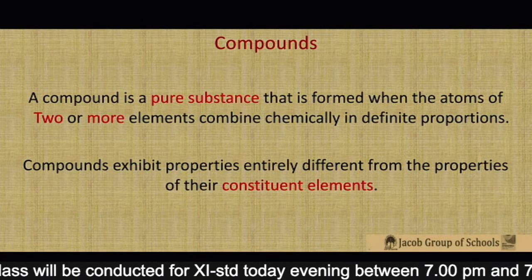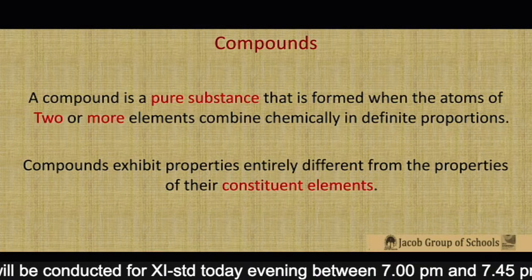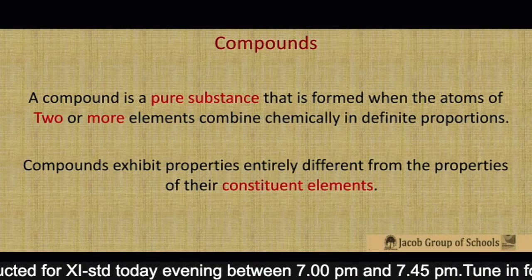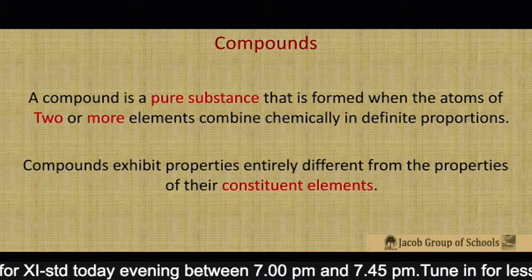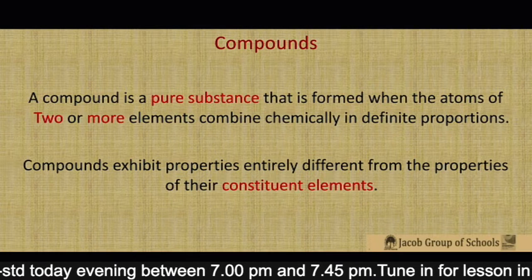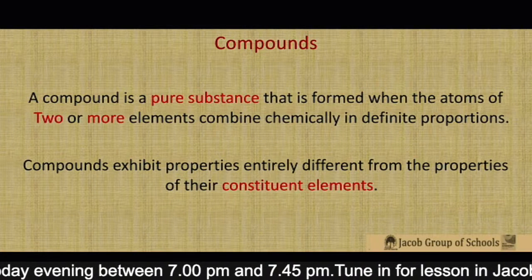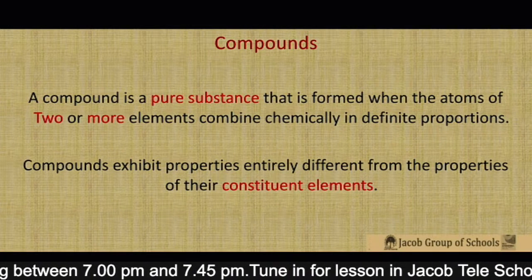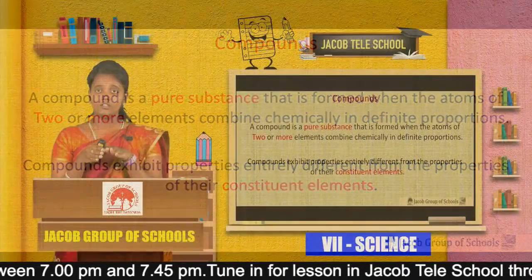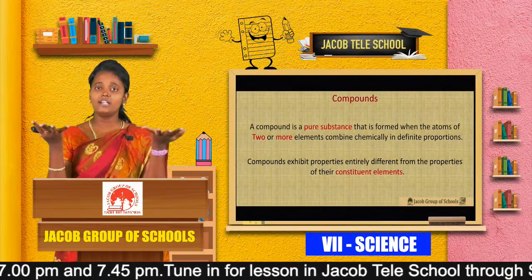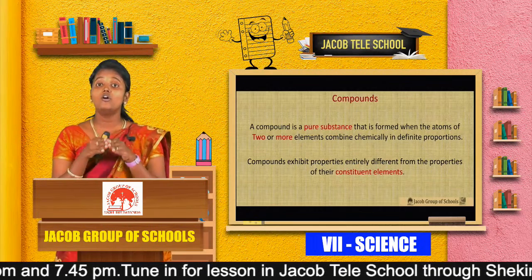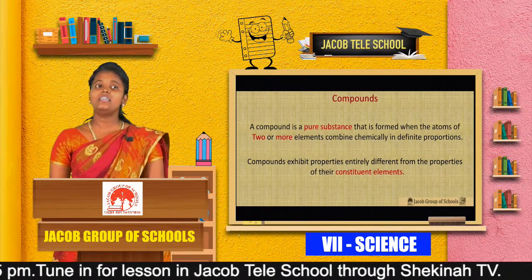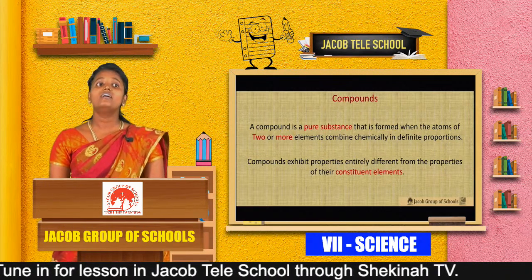Okay. See the slide. A compound is a pure substance that is formed when the atoms of two or more elements combine chemically in definite proportions. Okay? Compounds na நம்ம என்ன சொல்வோம், elements ரெண்டு சேர்ந்து ஒரு காம்பவுண்டை உருவாக்கும். Isn't it? ரெண்டு elements, ஏதாவது ரெண்டு elements சேர்ந்து எதை உருவாக்கும், ஒரு compounds உருவாக்கும். Compounds exhibit properties entirely different from the properties of the constituent